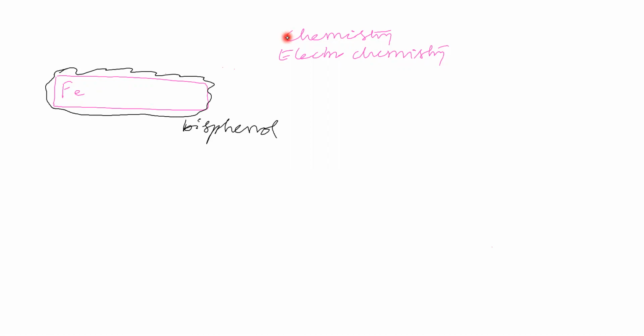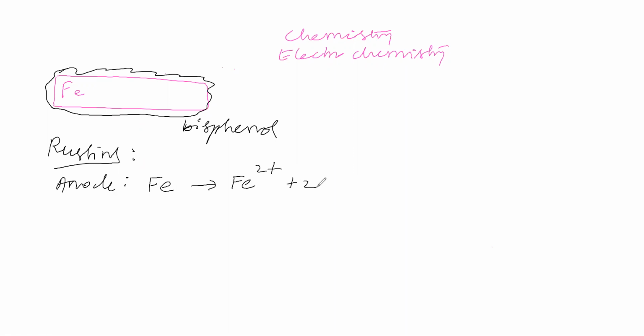How is it protected from rusting? What is the process for rusting? For rusting, there is an anodic process and a cathodic process. Due to that only, rusting forms. Since it acts as a galvanic cell, rust formation will be there. First, the anodic process: iron from the impure anode goes for oxidation and gives ferrous and 2 electrons.